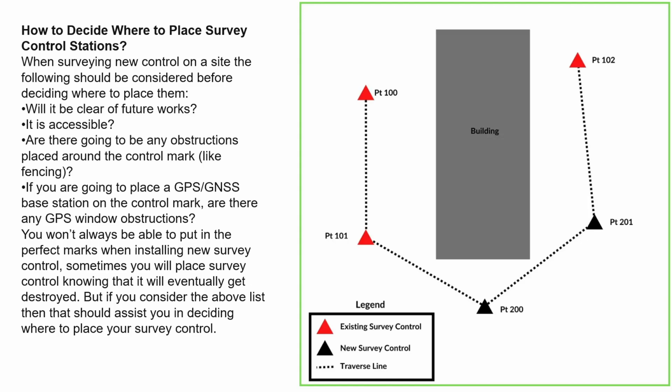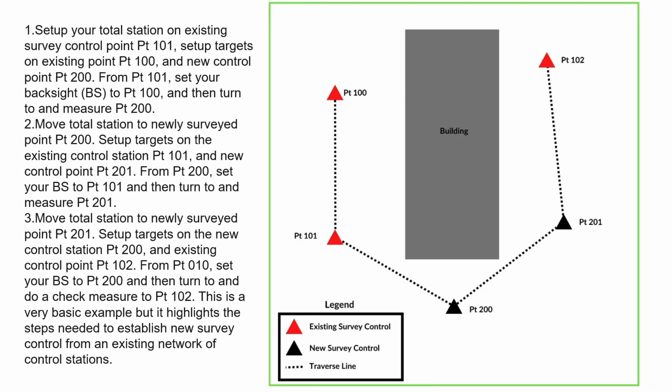In the picture you can see a gray building. Red triangles mark existing survey controls, and new survey controls are these points. How does it work? We should make 3 steps. First one,